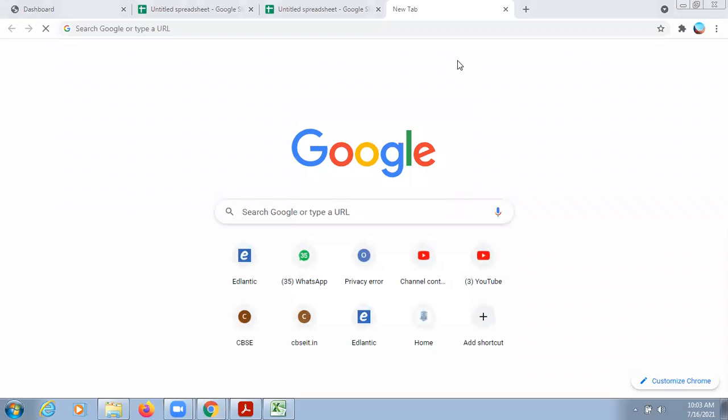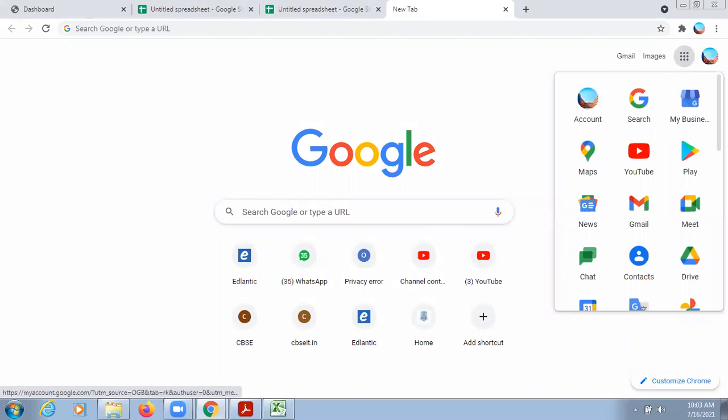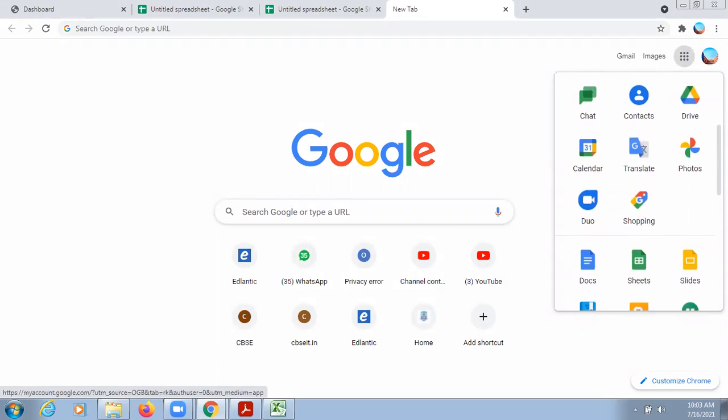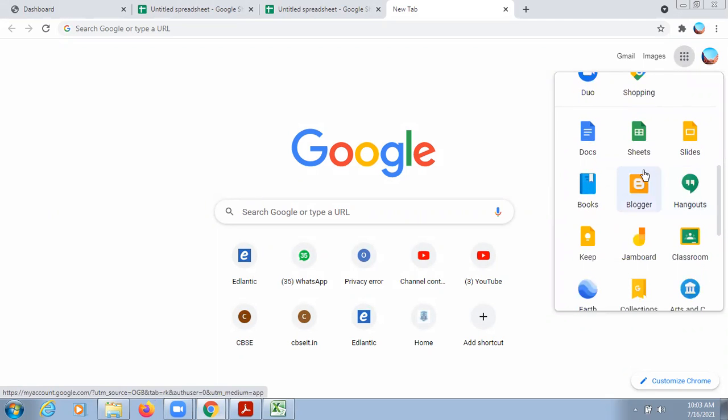So if you are using your computer, you have to open your Google, and you must be able to see these 9 dots on the right hand side. You can click on these 9 dots and scroll down. Google is also providing the facility of documents, Excel, you can say Word, Excel, and PowerPoint.